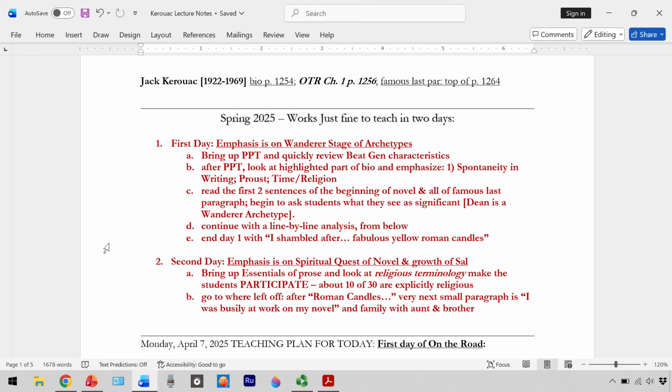And then after that, so we've read the first 2 sentences and then the very famous last paragraph where he says, don't you know the goddess Pooh Bear? And he mentions Iowa. And it's just one of the most beautiful paragraphs ever written in literature. After that, then we're going to go with a sort of line by line or a close reading of the text,